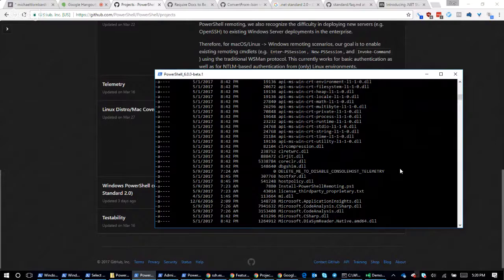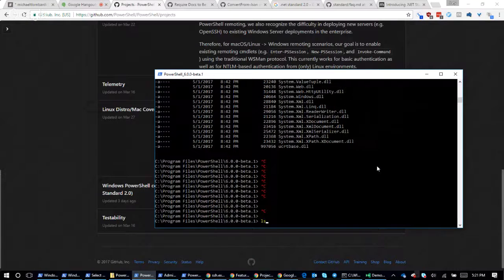We'll have cmdlets. We've got a way to do startup configurations that we're going through an RFC for right now. There's going to be a way to do this in a more programmatic way. But today we wanted it to be discoverable. We didn't want to pretend like we were hiding anything. Like we've got this file called that. We have console host telemetry. If you want to get rid of it, that's what you should do.